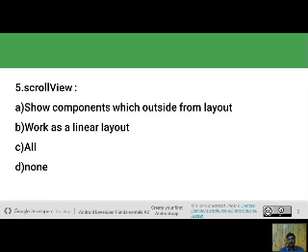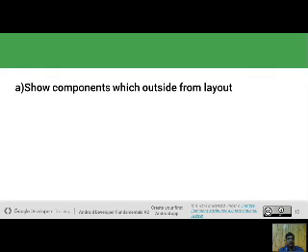When you scroll up, the lower components are hidden and the upper components are shown. The options are: show components which are outside the layout, work as a linear layout, all of the options, and none of the options. So the answer is show components which are outside the layout.